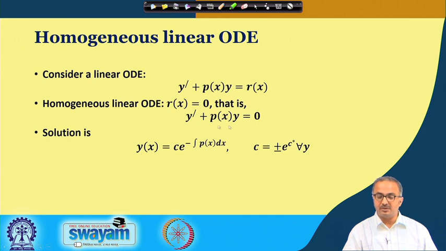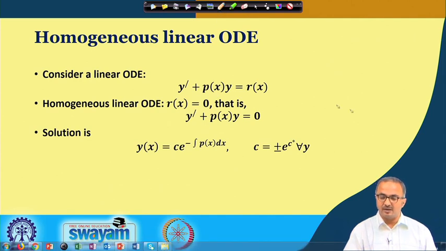Now, this particular thing is called homogeneous form. And many times you get this kind of term, maybe when there are no source terms in the balance equations, you may land up with this kind of homogeneous ODE. So, in that case you can see that it is much easier to get the solution, as you can separate the variables very easily.